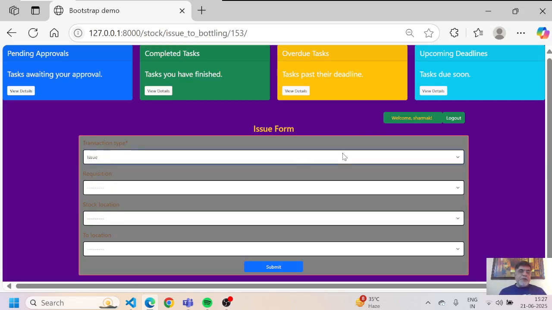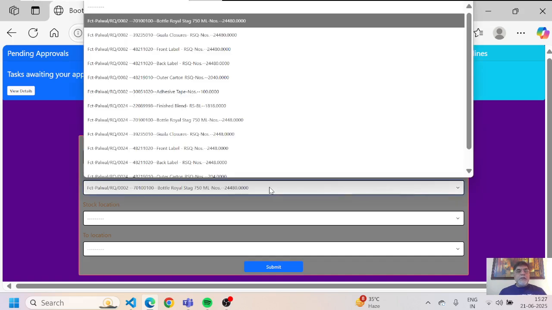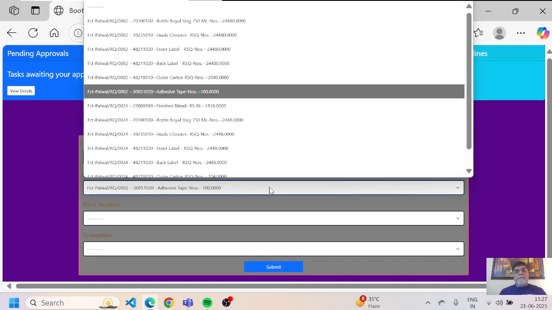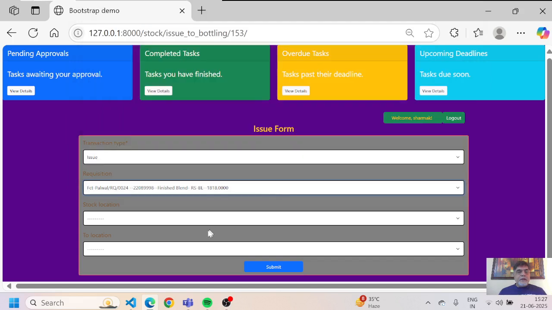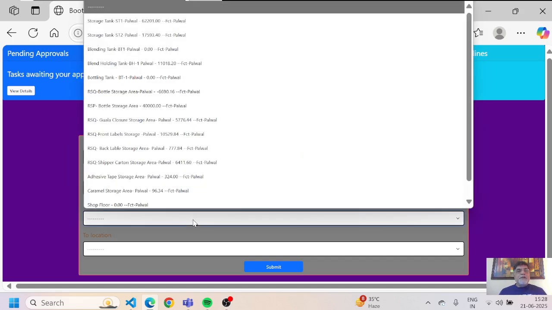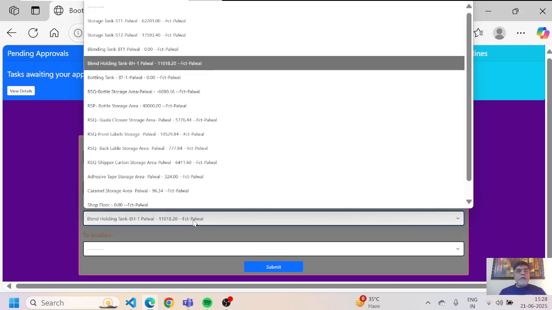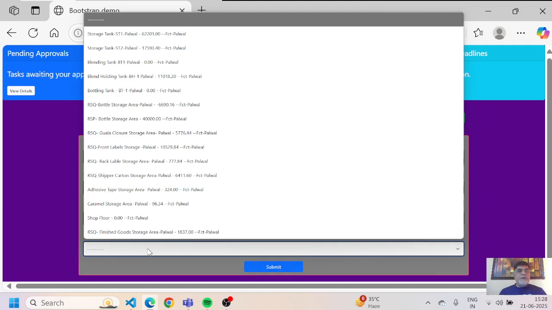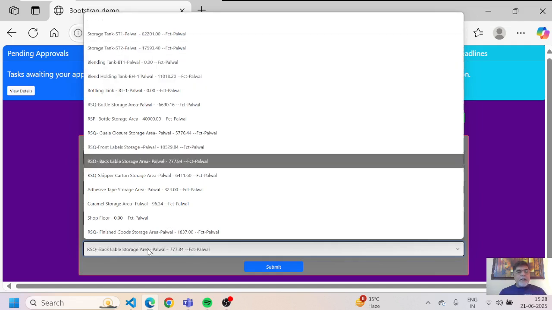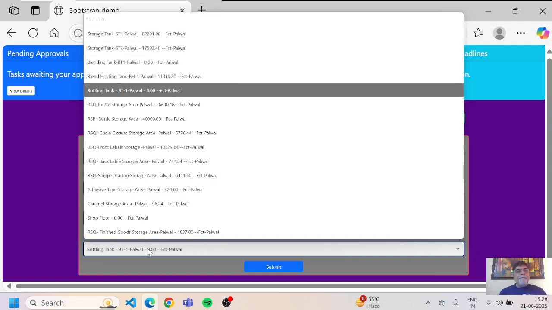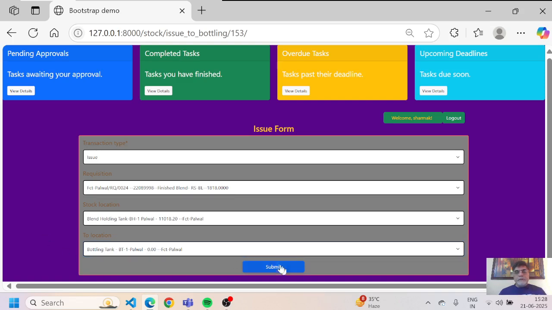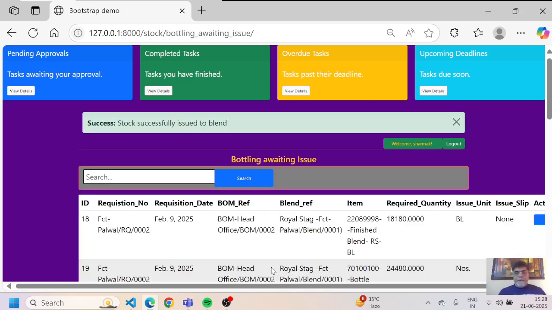Transaction type is again issue. Requisition here is this one, 1800. My stock location would be blend holding tank and the tool location would be bottling tank. Bottling tank. So let me submit it. Let me then again